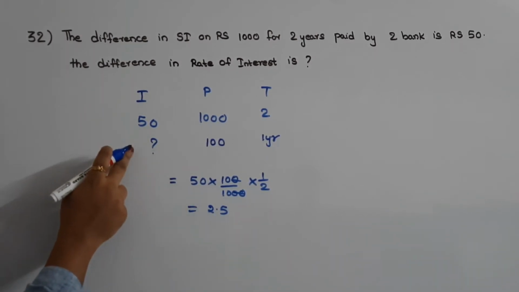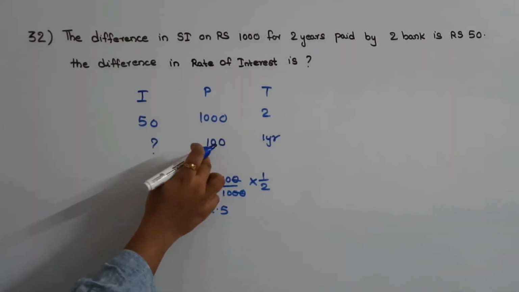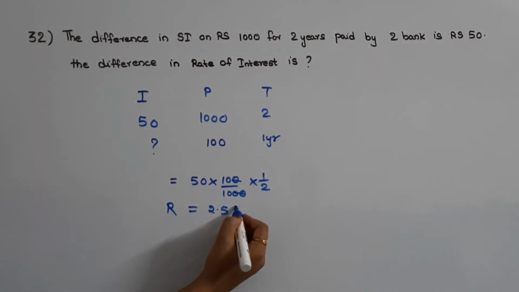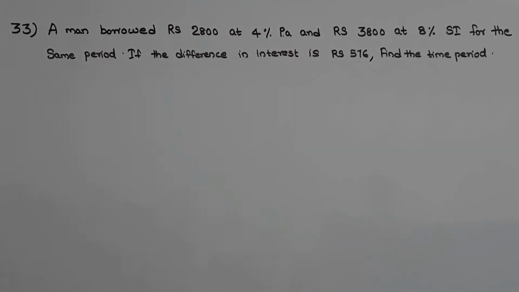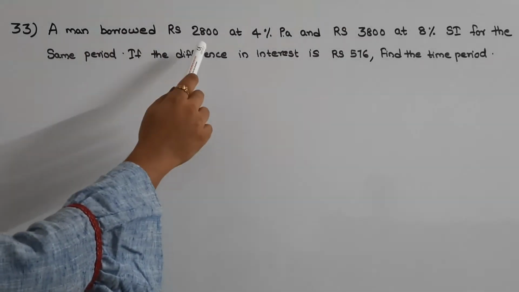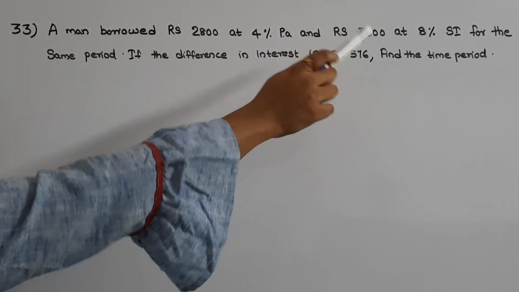So this is the interest. Interest is nothing but the rate when the principal is 100 and the time period is 1 year. So the rate percentage will be equal to 2.5%. The next question is, a man borrowed rupees 2800 at 4% per annum and rupees 3800 at 8% simple